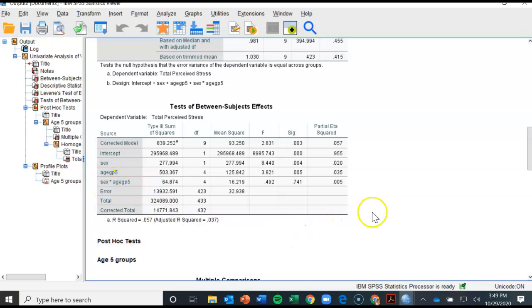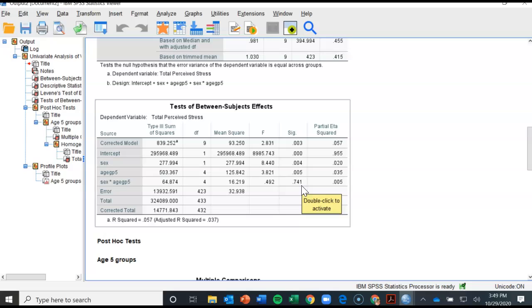So first we want to determine, is there a significant interaction between sex and age? So in other words, if we want to understand the impact of the age groups on perceived stress, does it depend on whether you're male or female? And that's essentially the question you're asking. So we look at the significance value for the interaction, and we can state that this is a non-significant interaction effect. So that means we can go ahead and interpret the main effects